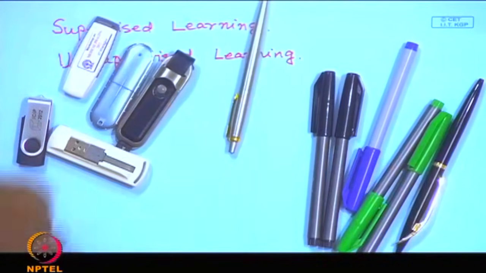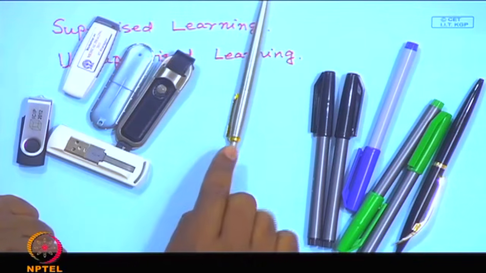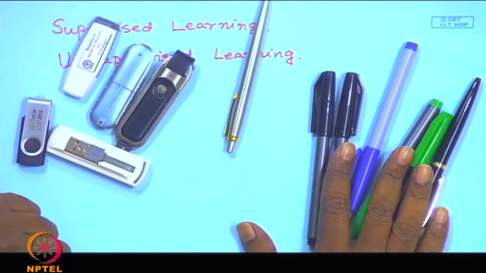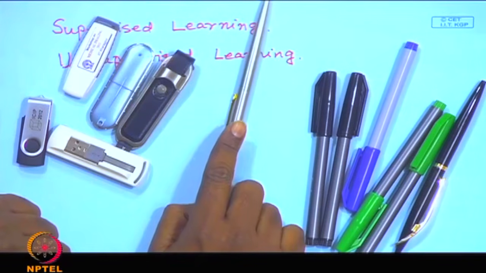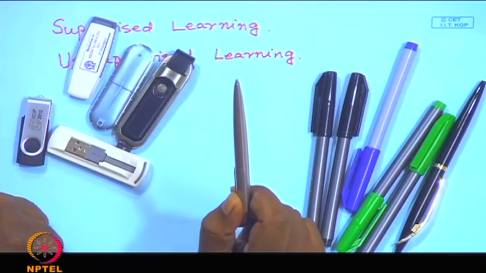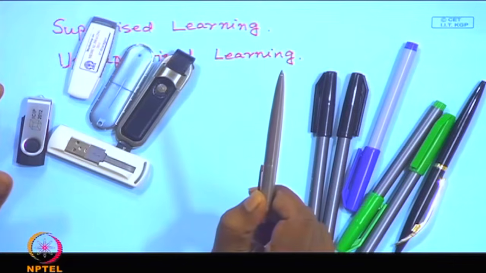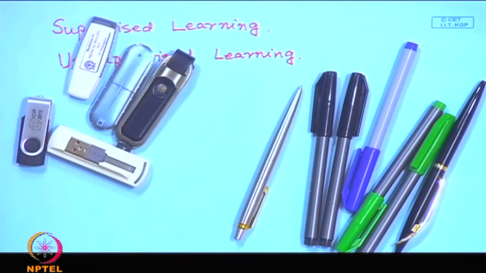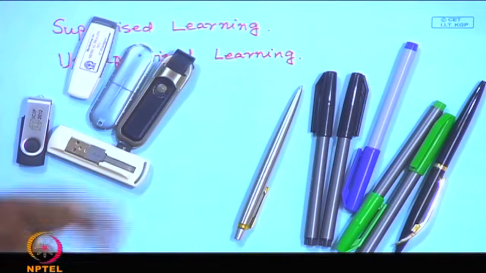So, when I try to classify this object to be a pen, effectively what I am doing is trying to find out the similarity between this object and these two sets of objects. And I compute that the similarity of this object with this set of objects is more than the similarity of this object with the other set of objects. So, I recognize this object to be a pen, not a USB drive. And this is what is supervised learning. So, in case of supervised learning, I must have a priori knowledge, and that a priori knowledge may be acquired through experience, through observation, through instruction, it may be many ways.